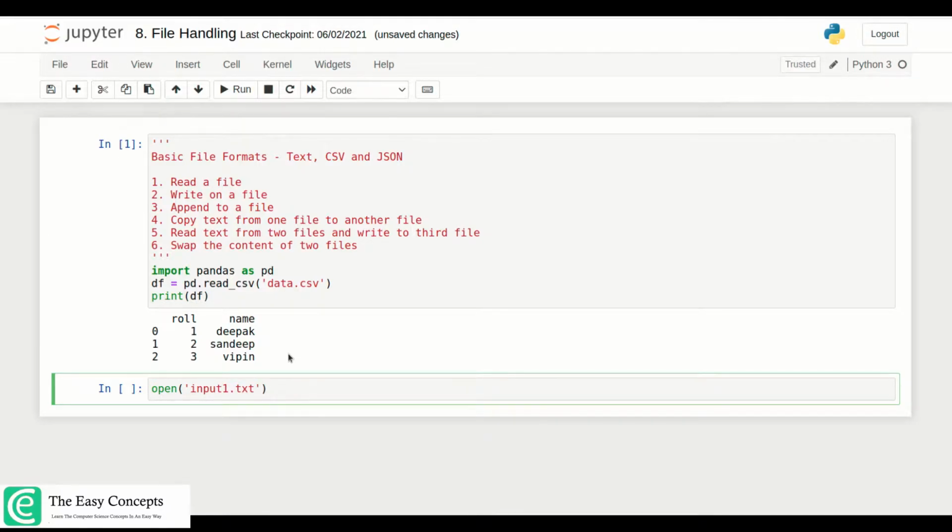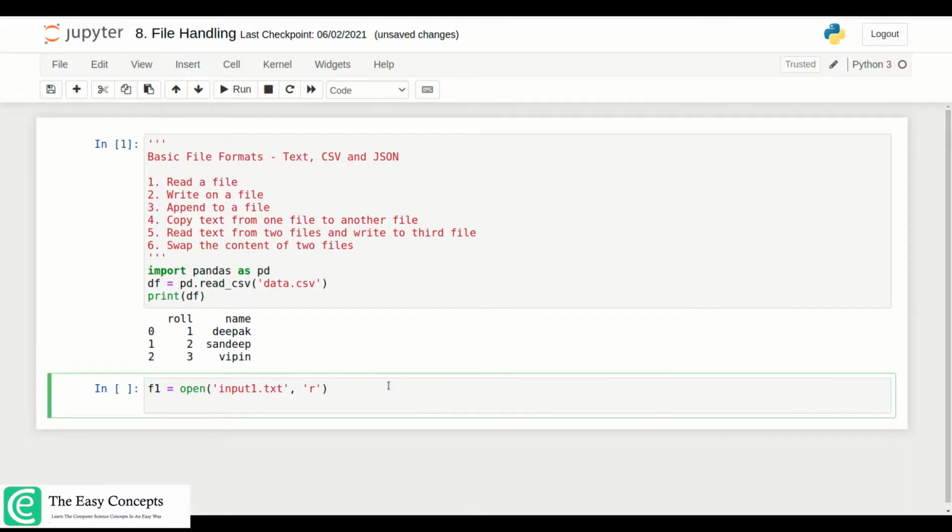and when you open this file you need to provide a mode, which is r in this case, and it will provide you a handler. So you can write f1 equal to open, file name, and then mode. Once you have the file handler, you can read the file content like this and store it in data, maybe I can make it data1, and then you can print data1.